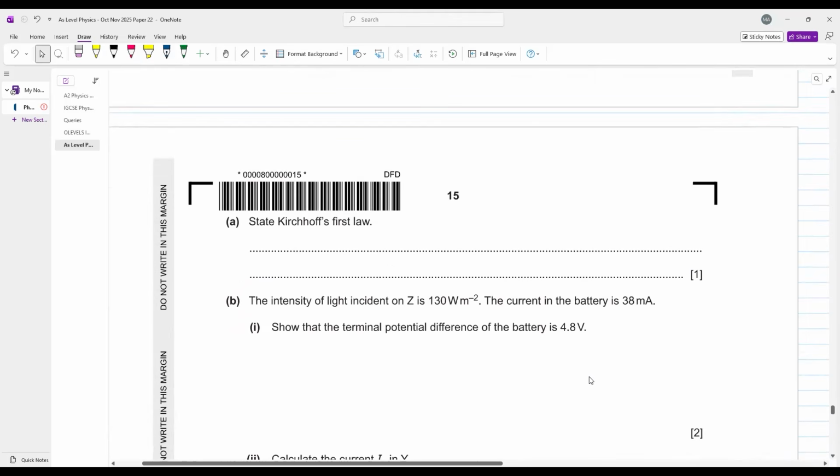State Kirchhoff's first law. बेटा किरचॉफ का फर्स्ट लॉ क्या कहता है? What does Kirchhoff's first law state? The sum of currents arriving at a node is equal to the sum of currents leaving the node. है ना? Sum of currents arriving into a junction is equal to sum of currents leaving a junction. तो यहाँ पे लिख लो